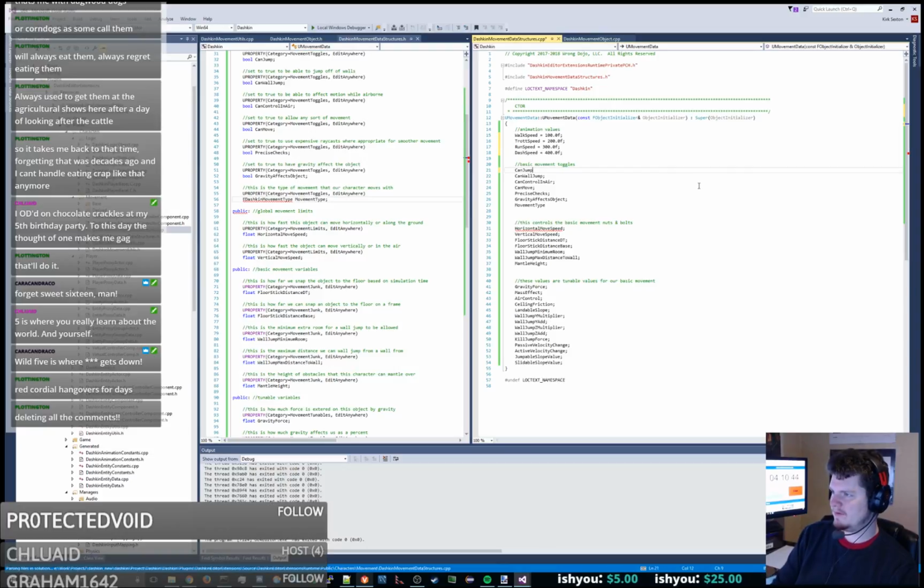Alright, so by default you can jump. By default you can wall jump. By default you can control in the air. By default you can move. By default, we will use precision checks. Actually, that will default to false. Gravity effects object defaults to true. Movement type will usually just